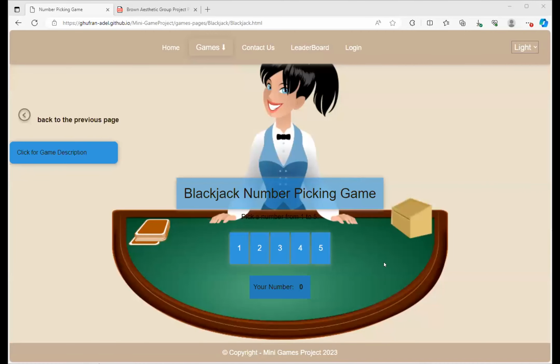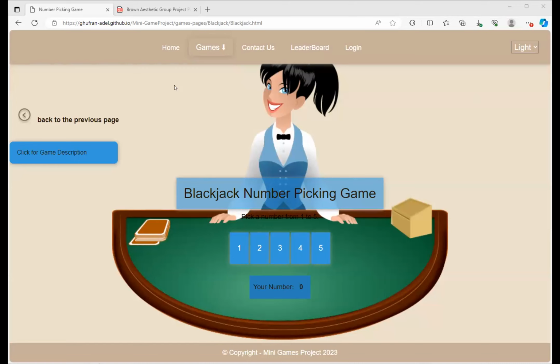Finally, there's me, Tier. I worked on the blackjack game. For challenges, I would say everything was challenging for me, especially the CSS. I had issues with that, and actually the GitHub uploading and downloading. Luckily, Abdul helped me quite a bit through that to catch me up to date.